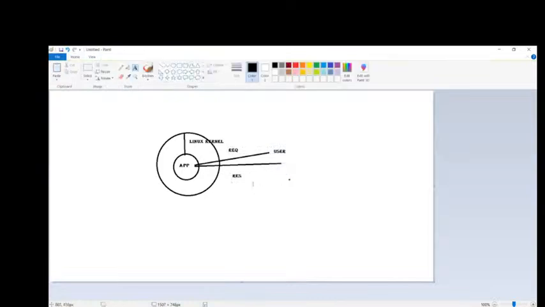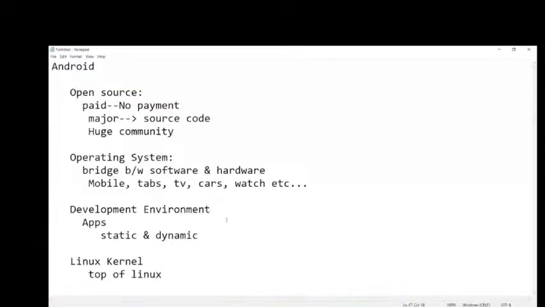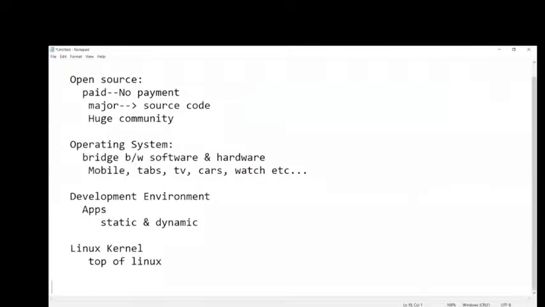This is the request and this is the response. Because of that, Android apps always run on top of the Linux kernel. It's built into the architecture. So this is about the Linux kernel, and the words we discussed yesterday: open source operating system, development environment, and the Linux kernel.